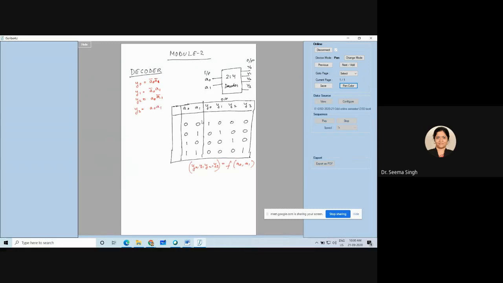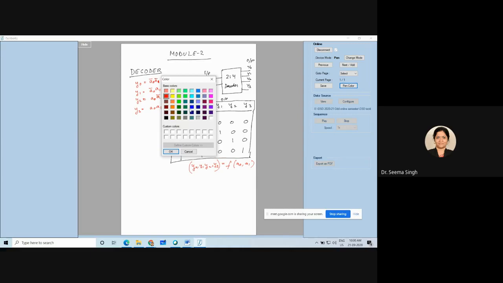So you know this. Now, if I ask you to make a circuit of it, the question in your university exam can be: make a basic gate circuit of a general 2:4 decoder. If they say general 2:4 decoder, and if they don't mention the enable, then you can simply make a basic gate circuit of this 2:4 decoder. Now, if I ask you to make the basic gate circuit of this, what all will you be using?